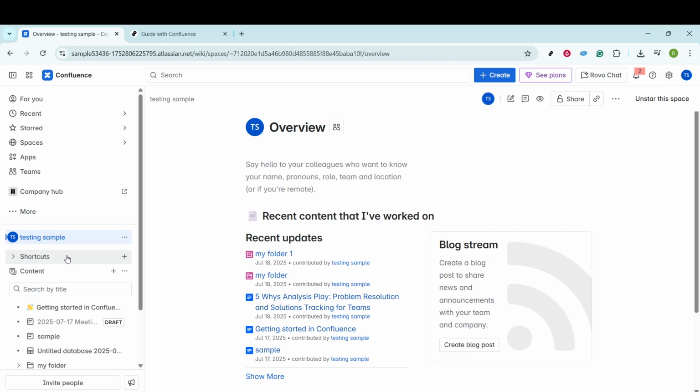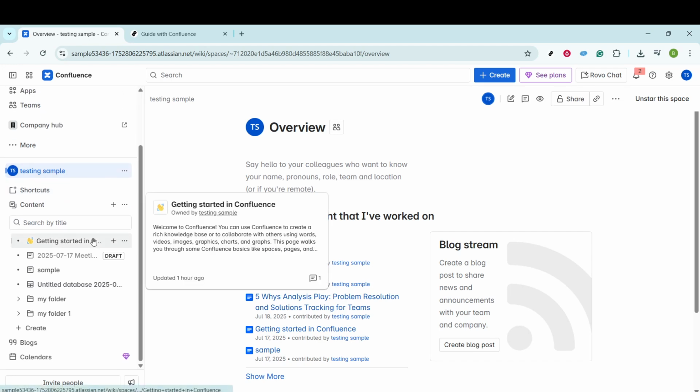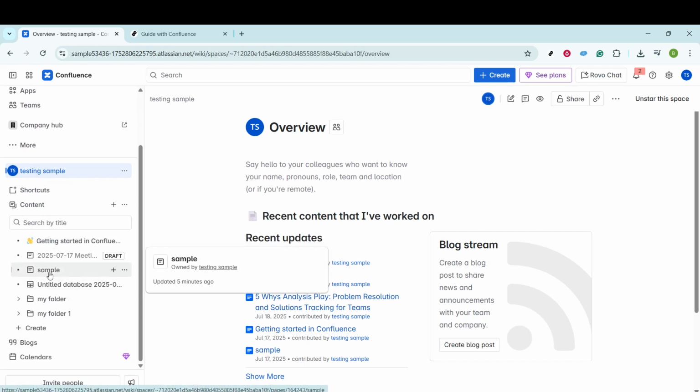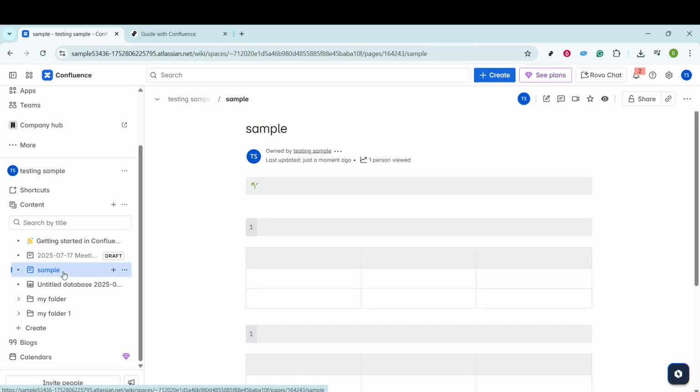Next, select the specific page where you want to insert your image. This could be an existing document where you need to add visual content or a new page that you're just starting to build out. Clicking on the correct page will bring up its content in your main window, allowing you